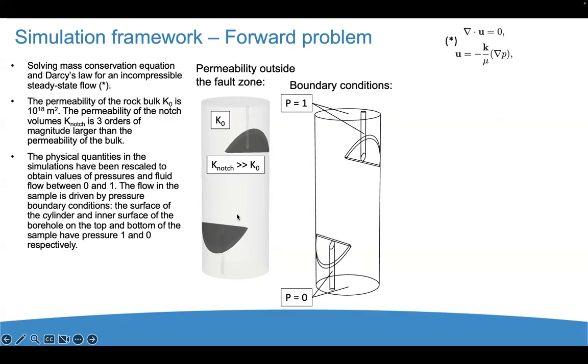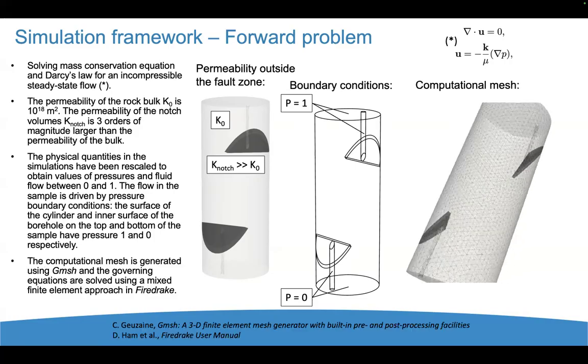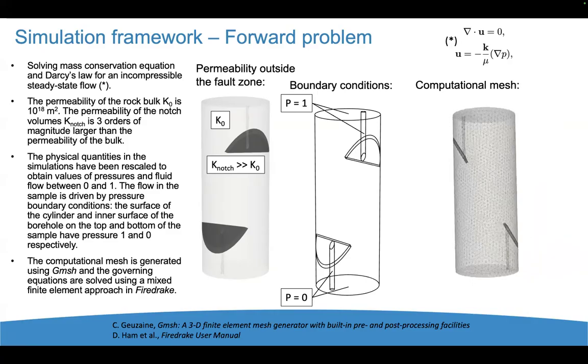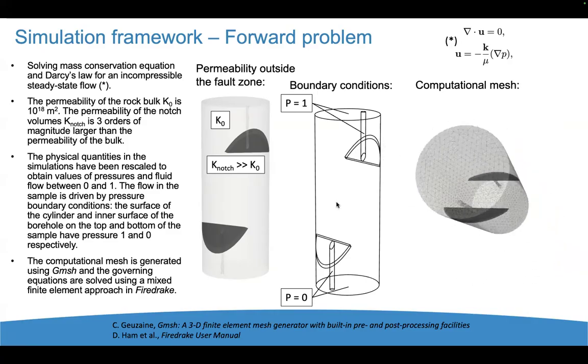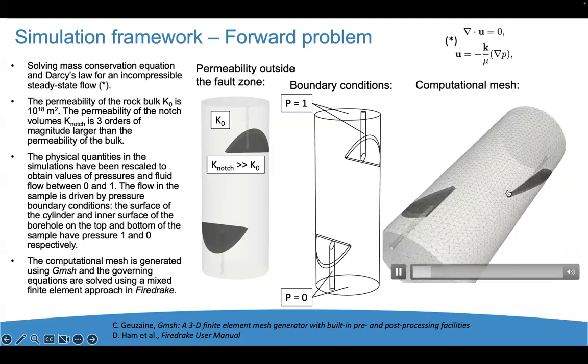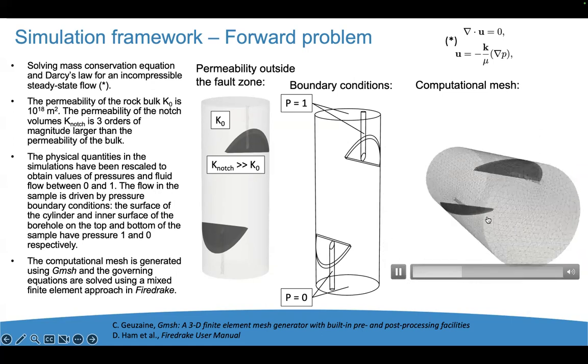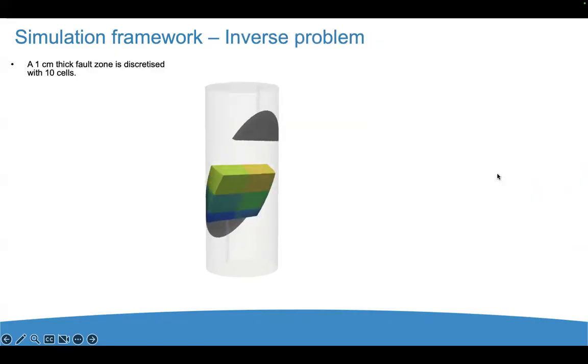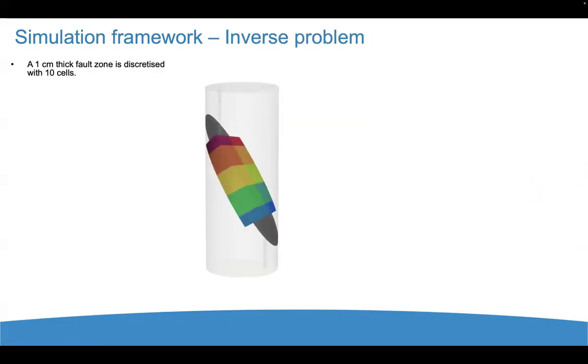and a flow rate at a reasonable scale. And then we reproduce the exact geometry of the sample using Gmsh. So we have the two boreholes that induce the two pressures at the top and at the bottom, and the notches, etc. Then for the inverse problem, we